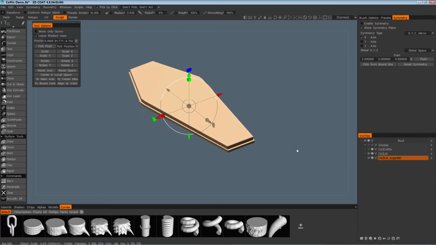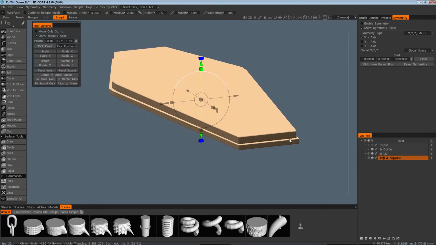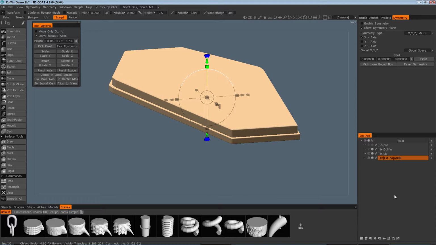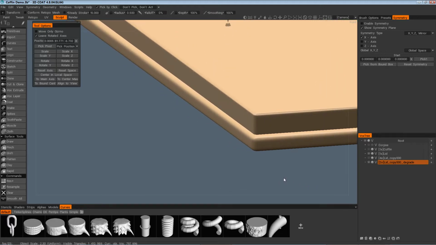Right, nice. Now, the whole thing about smooth all and degrading it. This one I do want to be degraded a lot because this is 3 million triangles and it won't smooth because I've hit smooth all on it. It does nothing really. It's not very effective. I want it nice and rounded. So I do want to degrade it because I do want it to have a bigger effect. Just wait a second. Turn off the original. Oh, yep. And then if I smooth it, you actually see that it is smoothing